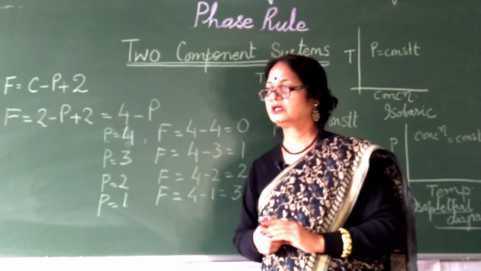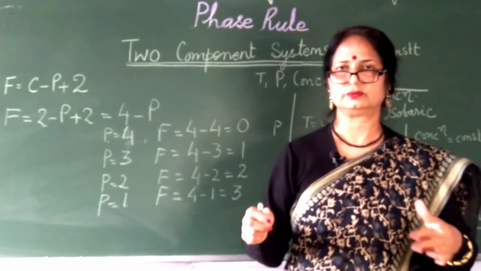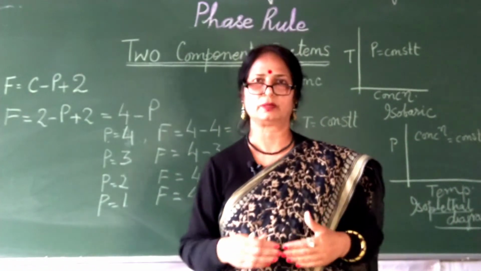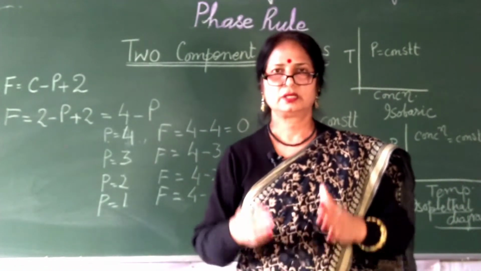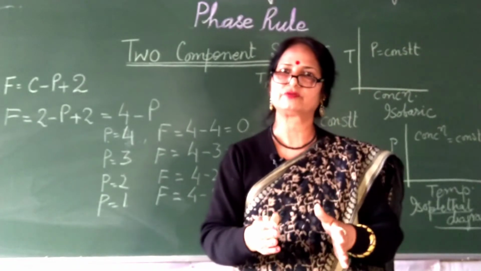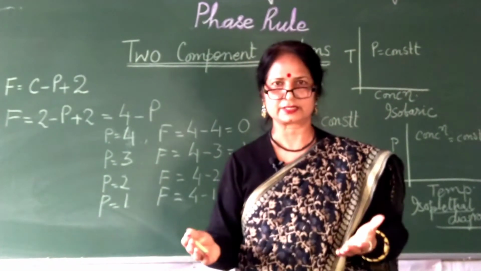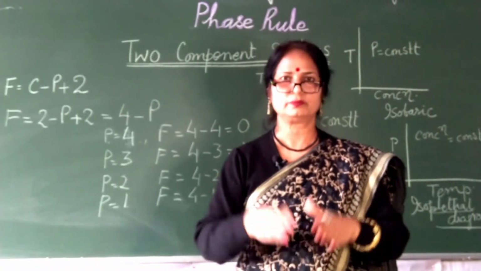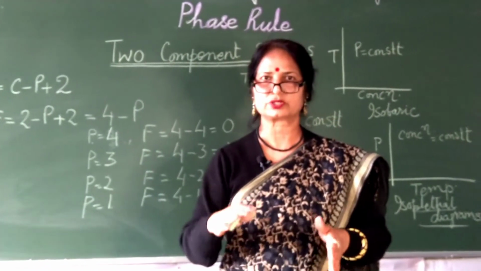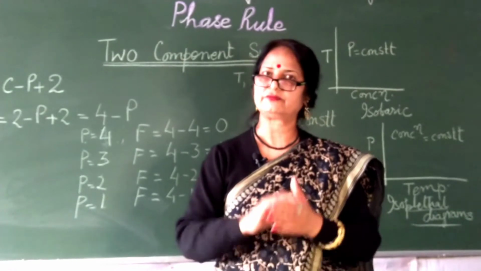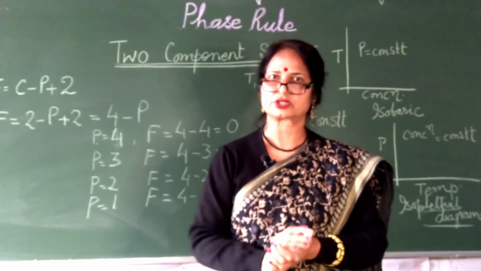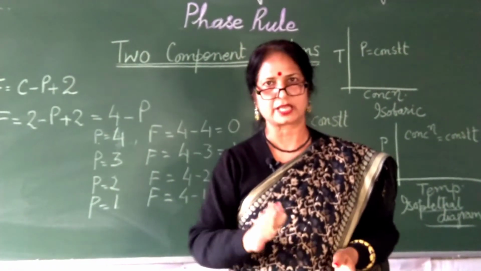And since it is not possible to make a 3D diagram on paper and to understand it, because then we will have to take into consideration the x-axis, the y-axis and the z-axis, it is not possible to make that diagram on plain paper and to study it. So what we do is that we take one variable as constant and then we construct the phase diagram.